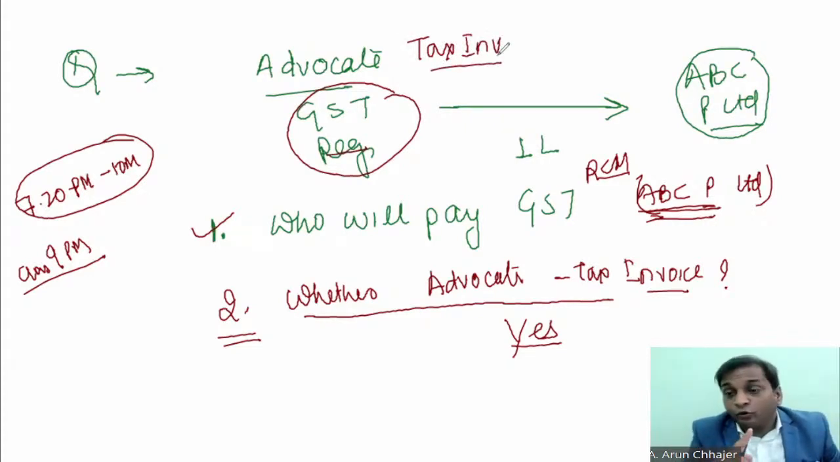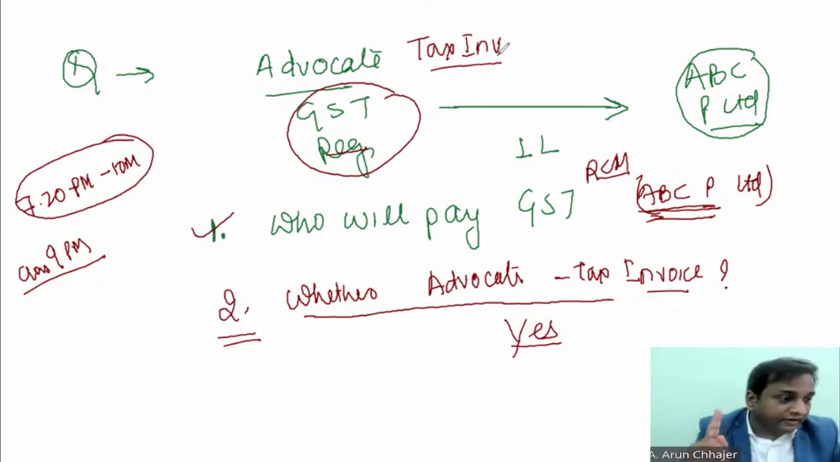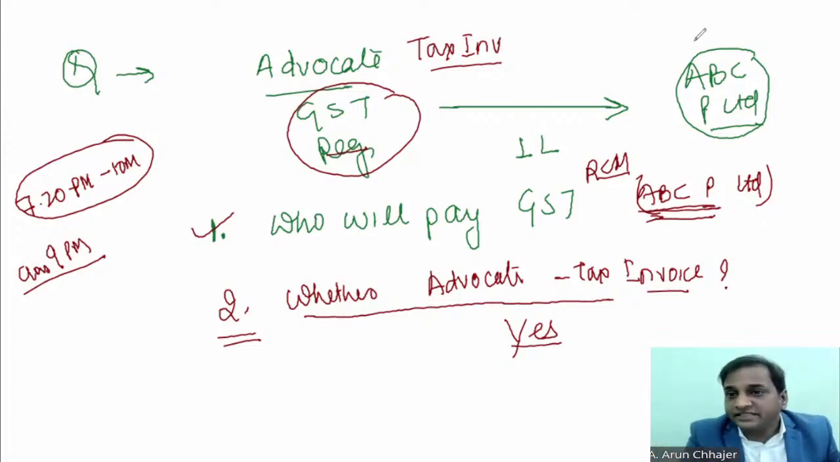Even an advocate whose transactions are covered in the reverse charge has to issue the tax invoice. Doesn't matter, ABC is paying the taxes. That is the reason